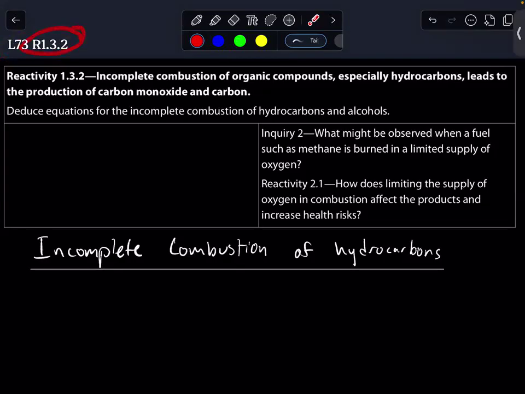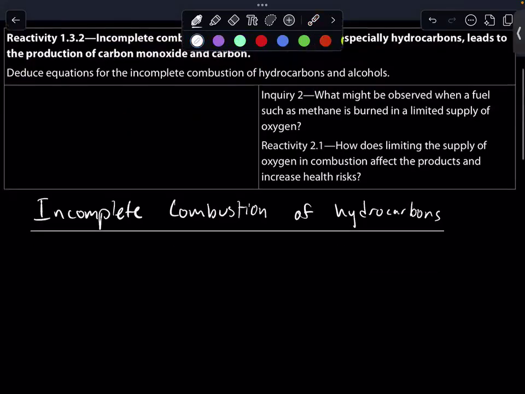Today we're going over reactivity 1.3.2. We're going to be talking about the incomplete combustion of organic compounds, especially hydrocarbons, leading to the production of carbon monoxide and carbon. We will deduce the equations for incomplete combustion of hydrocarbons and alcohols. This is going to be a relatively short video and a relatively short section because it doesn't have too much to it. So the first thing is with a normal hydrocarbon